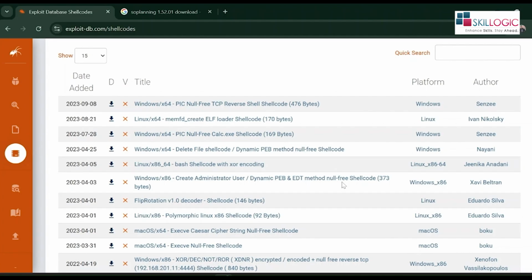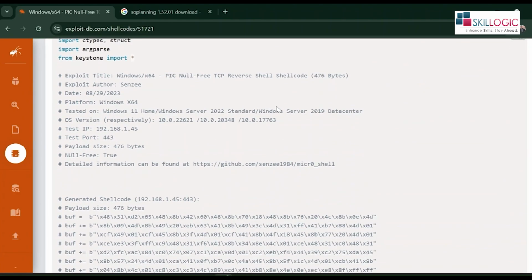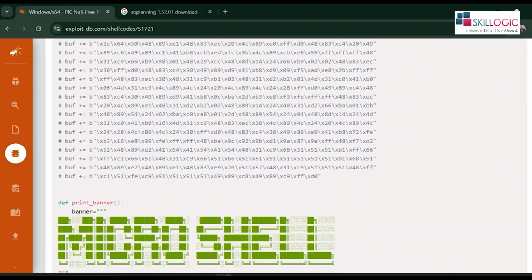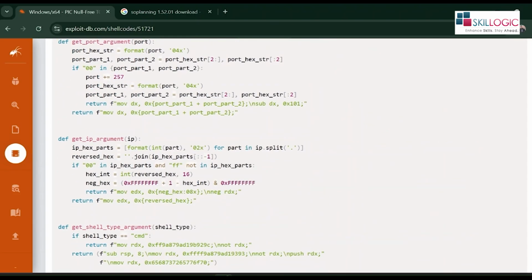So these are like binaries. If I copy and paste these binaries into my CMD or into my PowerShell, it can give me the reverse shell. See here we have Windows x64, which is a TCP reverse shell. So this shellcode can give me the reverse shell banner. So I want to host it in my Kali Linux to gain access. But we'll see how to compromise this,